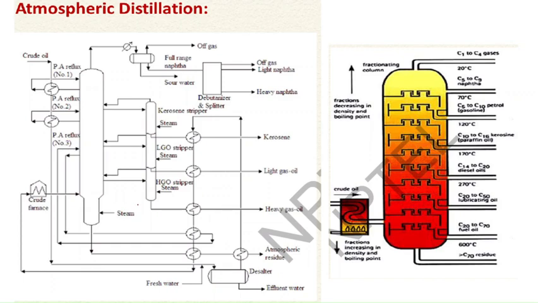So what happens in the atmospheric distillation unit? The crude oil, as you can see, we have crude oil here. This crude oil passes through different pump around reflux systems and exchanges heat from various pump around reflux systems. This reflux system is from this atmospheric distillation column only. So it exchanges heat from these heat exchangers and then passes on